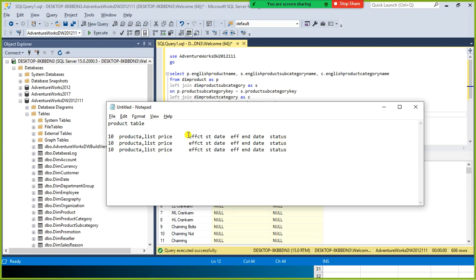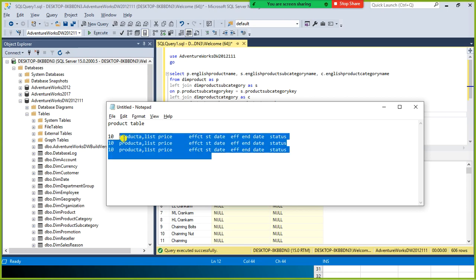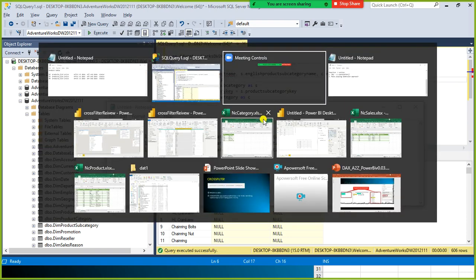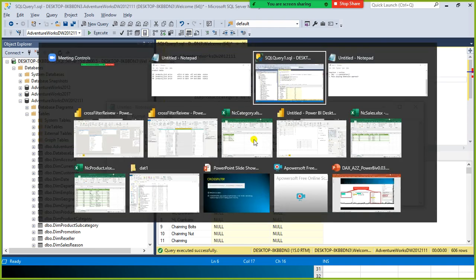So obviously some records will not be there, because of which it is not coming out correctly. So by querying this, you can check. This is the one we use to do the denormalization, and this is working perfectly. The only thing is you need to check the reason for the null.